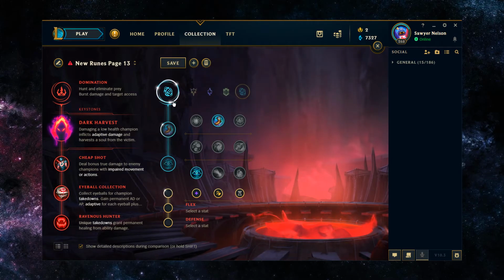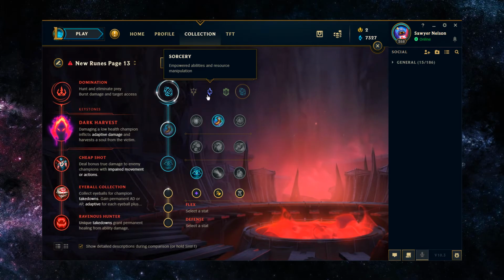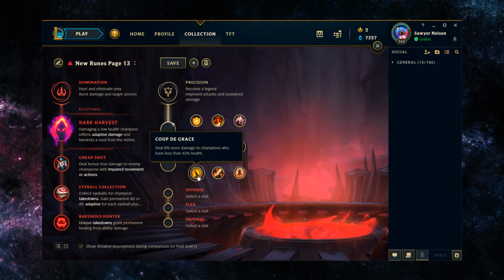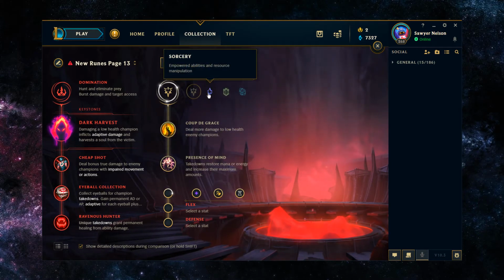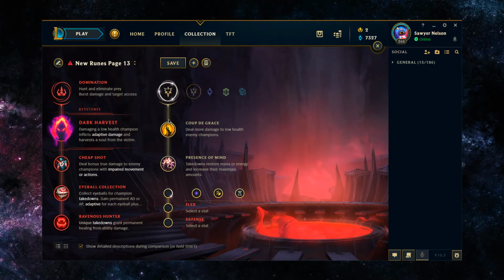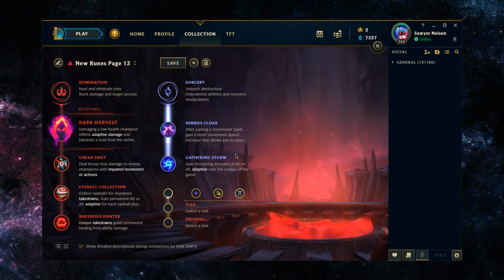And getting your scaling through items on Karthus is a lot better than getting it through the runes, especially through your secondary runes. So yes, you could have increased damage through Coup de Grace and then extra mana, but you can also just have more damage through getting one kill or assist, or just having more farm than the enemy jungler. With Nimbus Cloak and Gathering Storm,